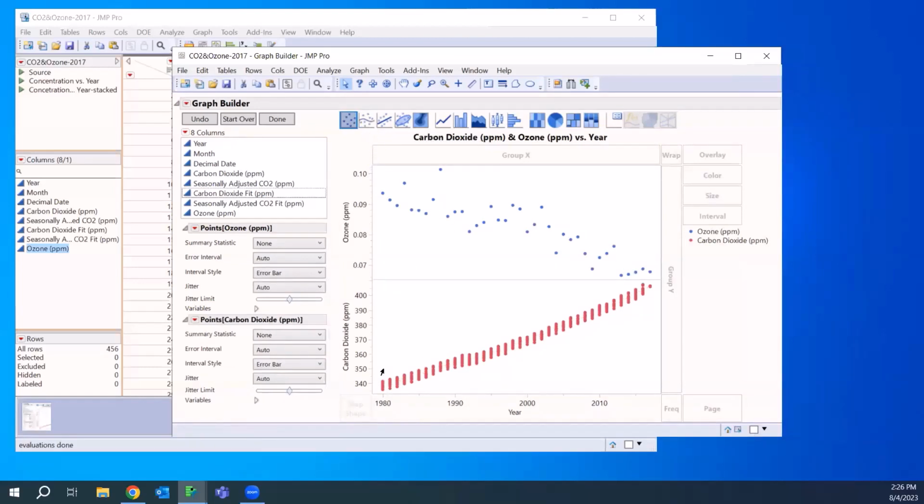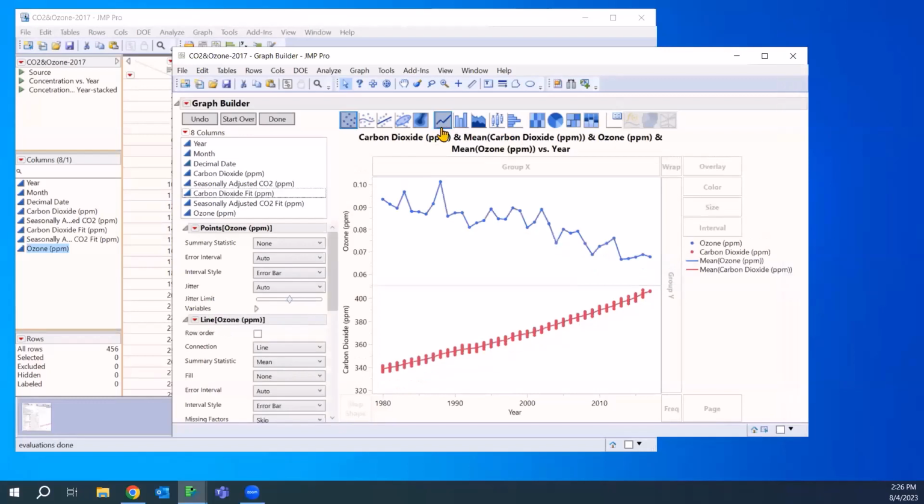Now I'm going to click on shift. If I just click on shift and add the line, it's going to add it for both of them. But that's not what I want. I want to just add the line to the top one. So by clicking on shift and clicking on control,